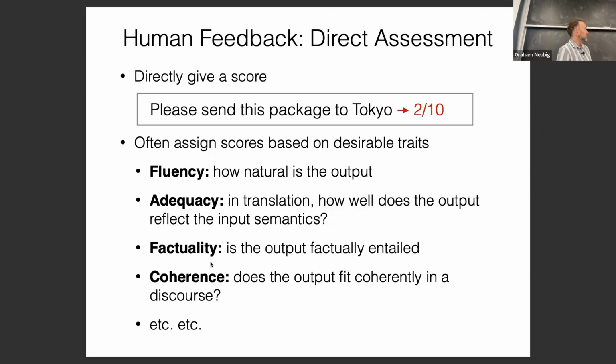So once you've done that, another thing that people often do is they normalize by annotator. So they say, okay, this annotator, we'll take all the scores given by the annotator and we will normalize them so that the mean is 0 and the variance is 1. And if you do that, then you adjust for how strict that annotator is and other stuff like that. So that's another thing that people often do.